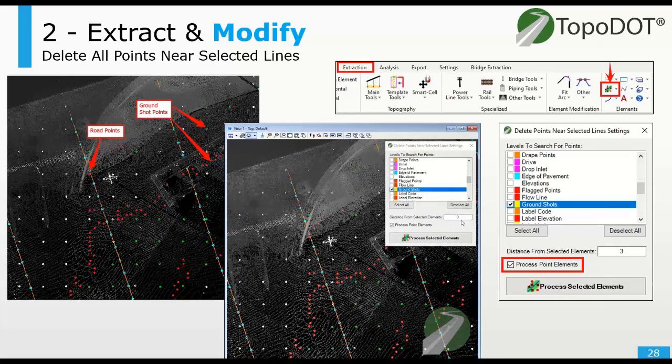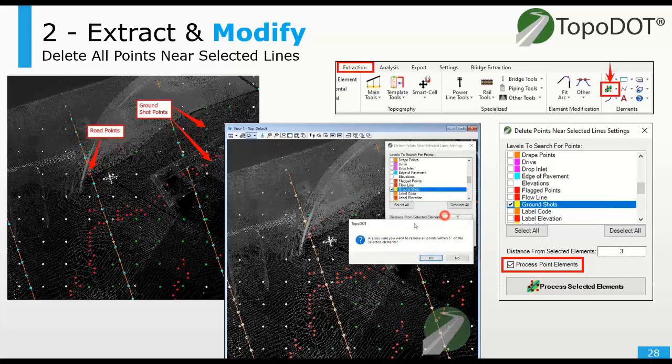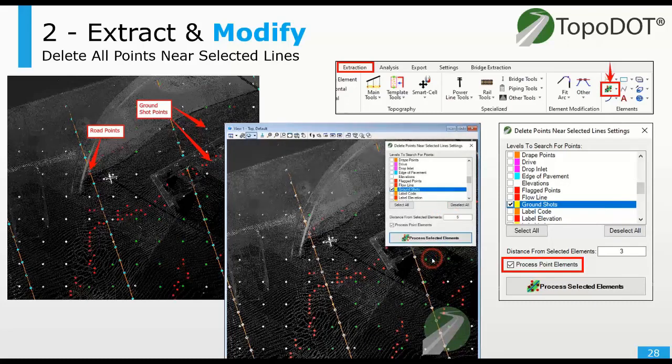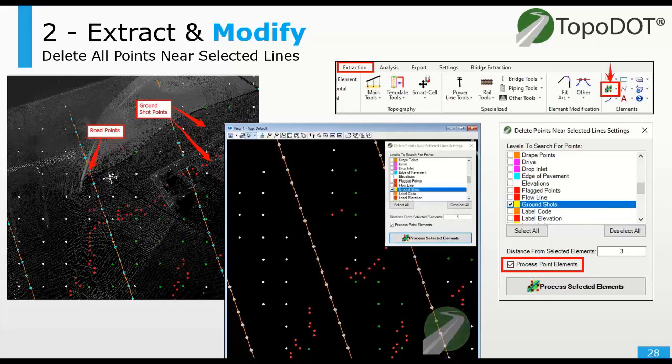So we first want to select all of our road points via the element selection. Then we want to essentially just run the tool. So the tool will remove the levels that are checked on its list. You can see that the ground shots are checked. So anything within 5 feet of a road point is going to be removed, and those items that are going to be removed are what's checked on that list,